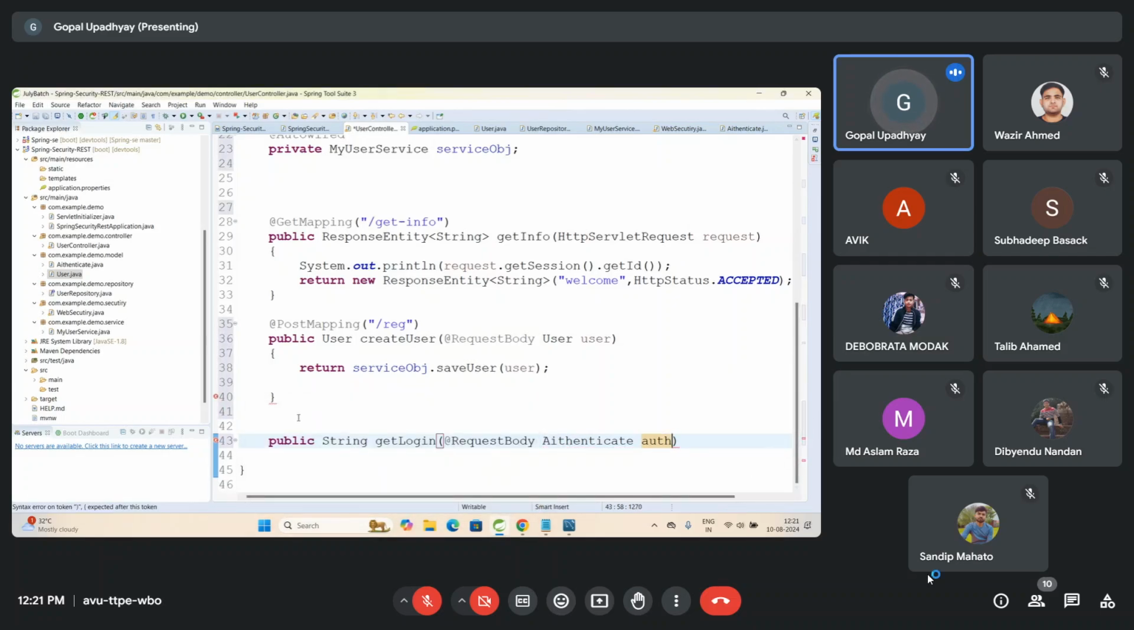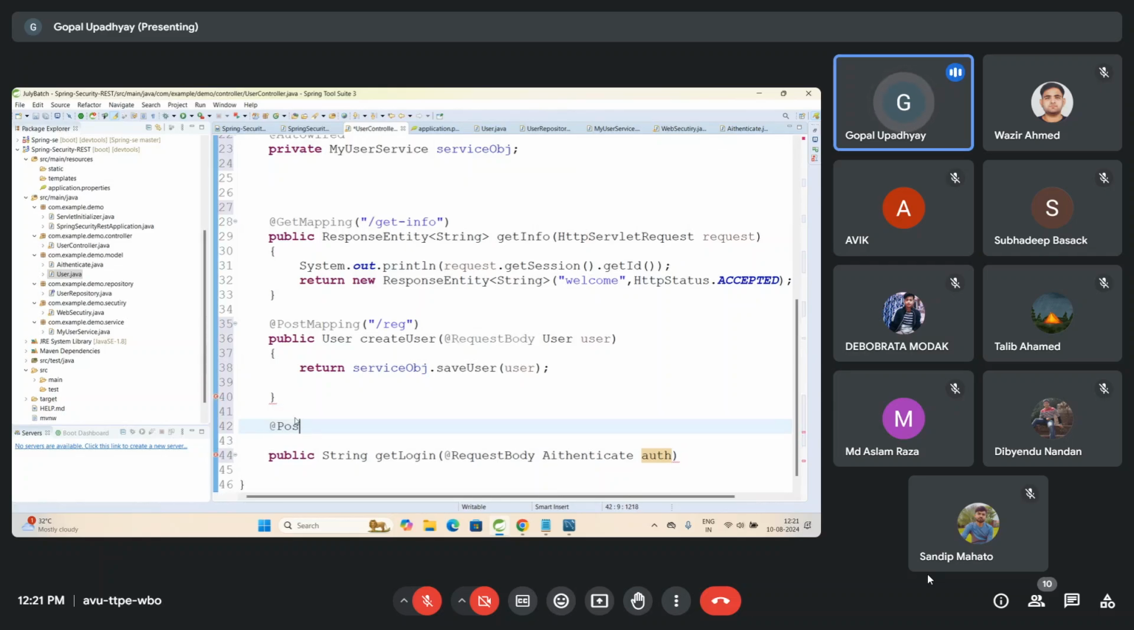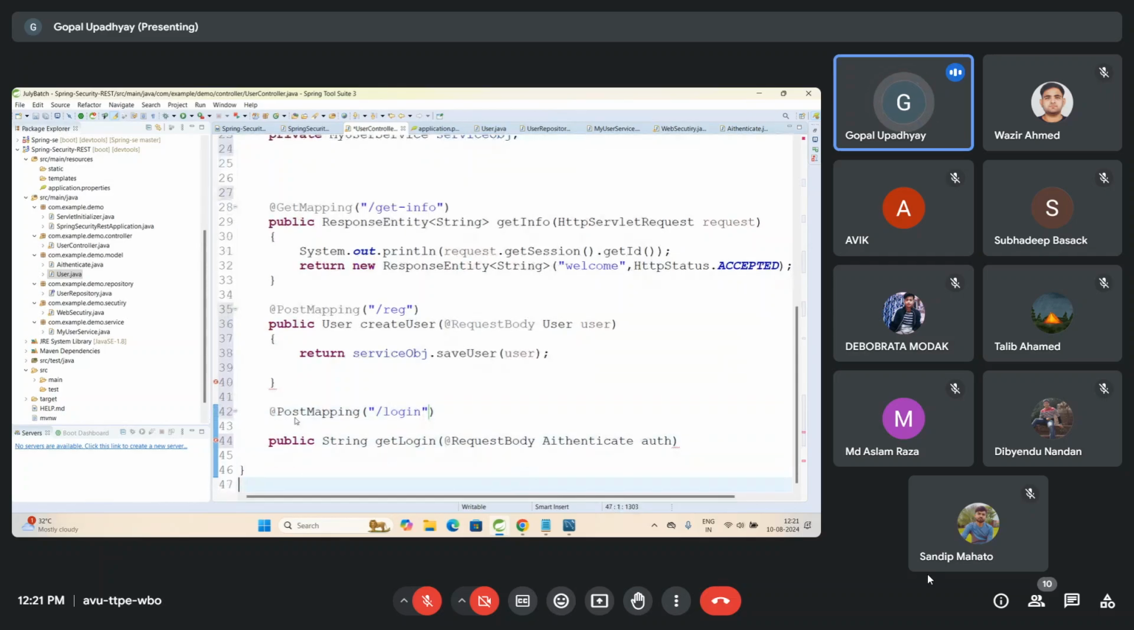So this is also because I give some information, so this is also I'm going to send using the post mapping, and here I'll say okay, I want to get the login. So once I say get login, I have to give this particular information. So slash login, post mapping slash login, authenticate